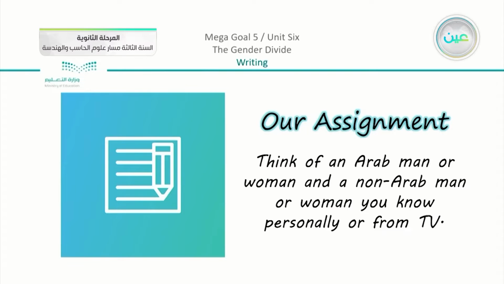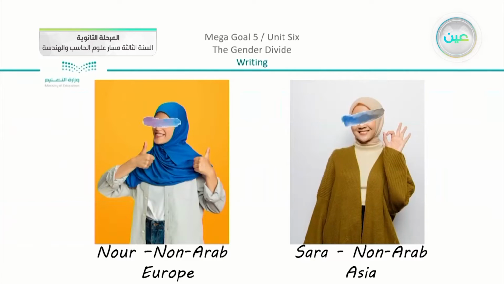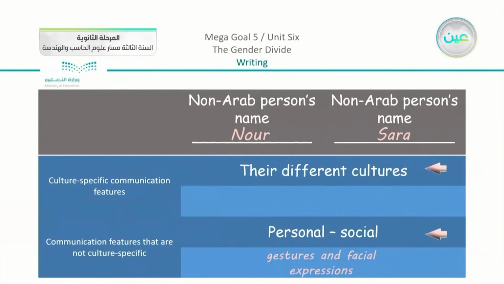After that, we had our assignment. The assignment was to think of an Arab man or woman and a non-Arab man or woman, personally or from TV. We had this comparison between these two personalities who are Noor and Sarah. Now, they are my choice. And we had this table to discuss the different comparisons or the different things that we can add to